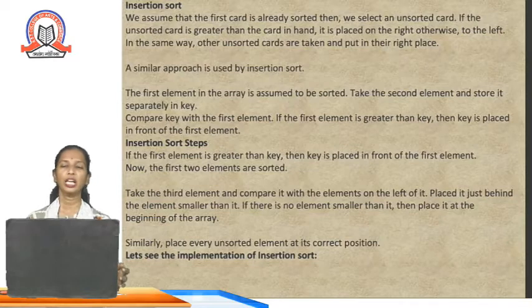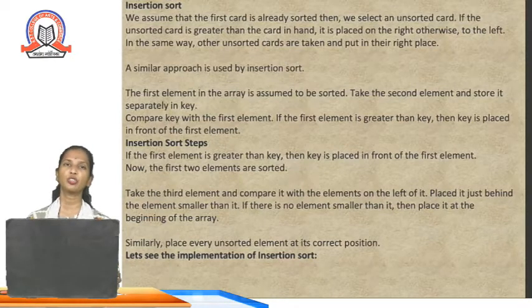Okay, then if I consider the next card, if the card is greater than the previous card, I place it on the right hand side of the previous card, or if it is lesser, then I place the card on the left hand side. Is it fine? That is what is done when we play around with cards and need to arrange them.